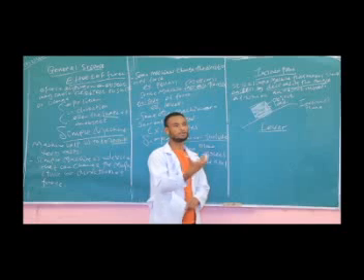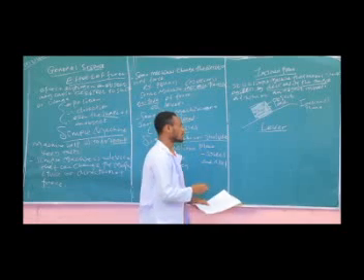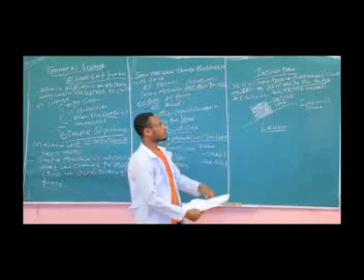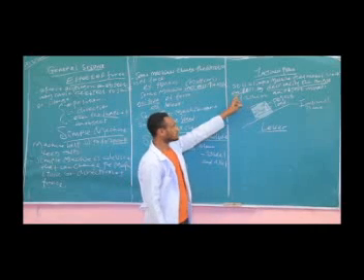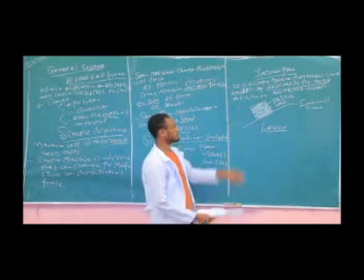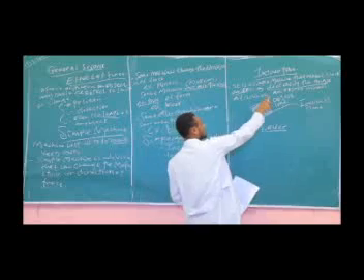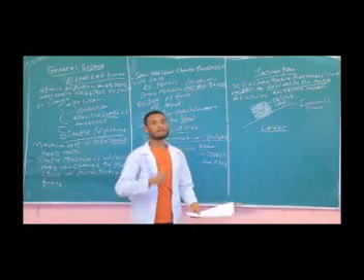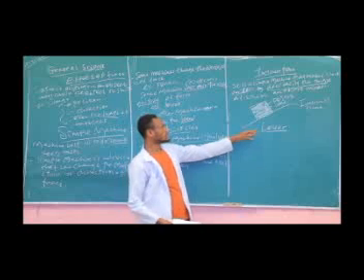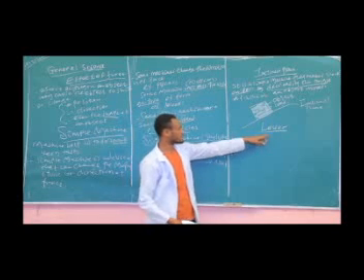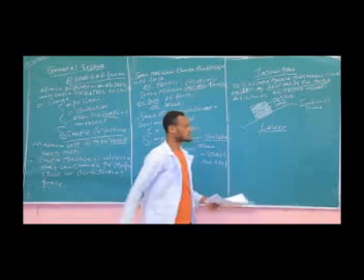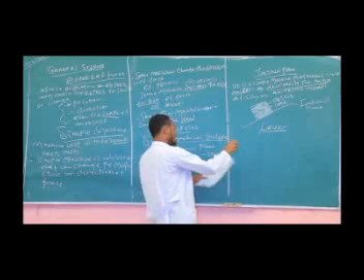Why is it needed? Of course, it is also used for working a given object, a simple machine that makes work easy. It enables us to do every work in an easy manner. So how can we use these levers? Lever